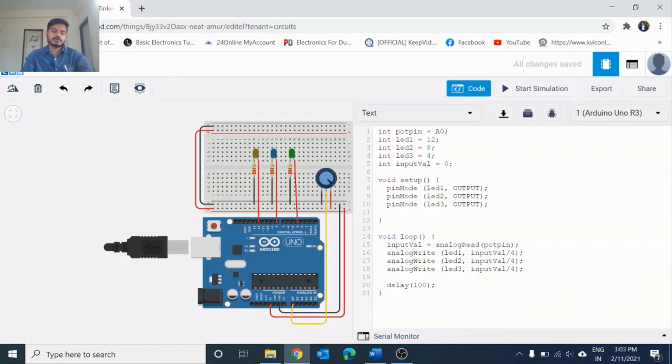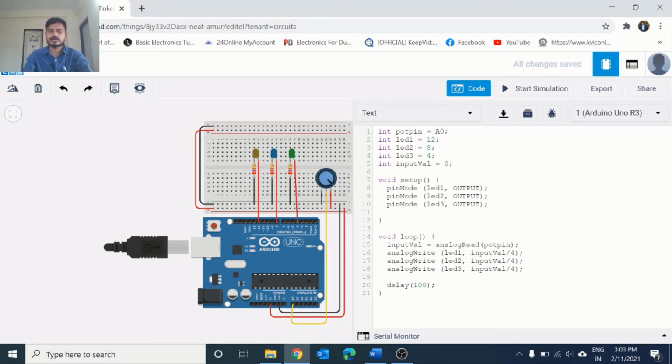I have done this coding in Arduino C. I have not used any block coding. I have explained all the details of block coding in previous videos, so you can see those videos as well, where I explained how to do block coding. Now I have used simple coding for controlling the brightness of the LED by using the potentiometer. This is the simplest program, and I will explain it to you.